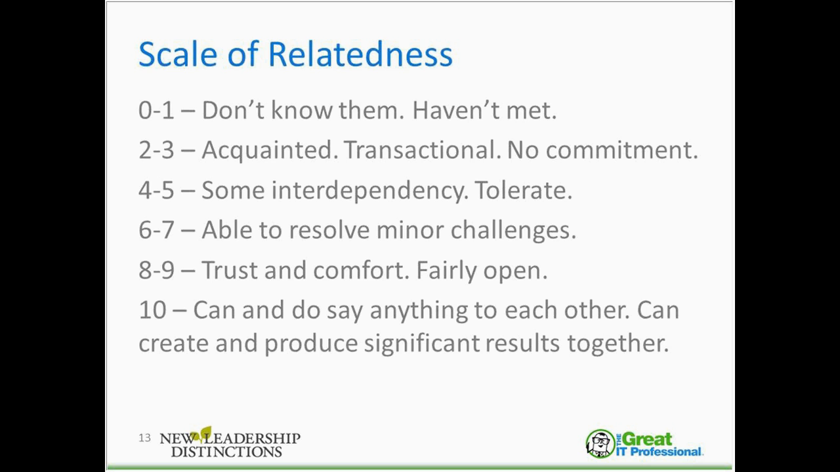So the scale of relatedness isn't always necessarily low is bad and high is good. There are places in our lives where a level 2 or 3 relatedness is fine. It's all that's needed. Okay? When we get up to level 4 and 5, we begin to have some interdependency on each other. We rely on each other a little bit for things. But it may be sort of we tolerate each other. There isn't necessarily a closeness there, but we're able to cooperate to some degree. We're able to get some things done. It's not bad. It could be,